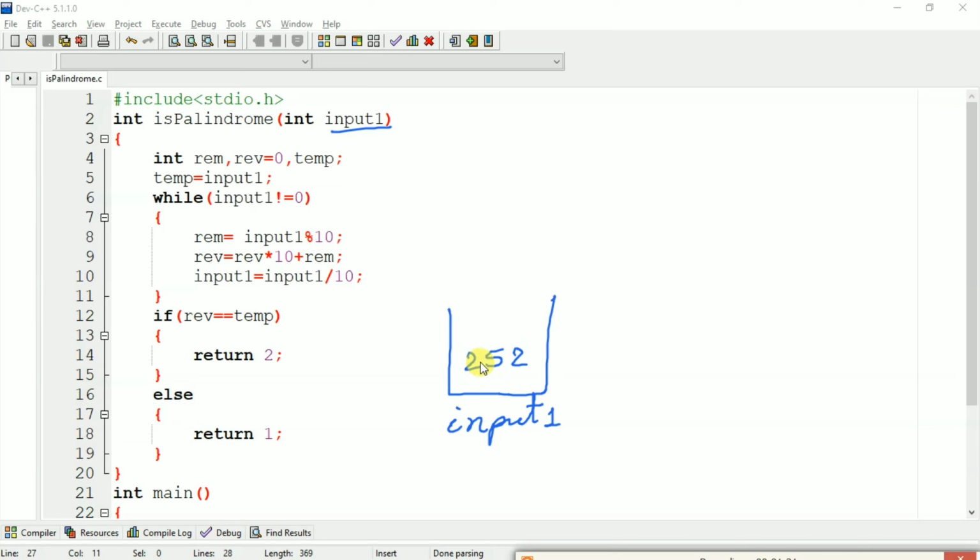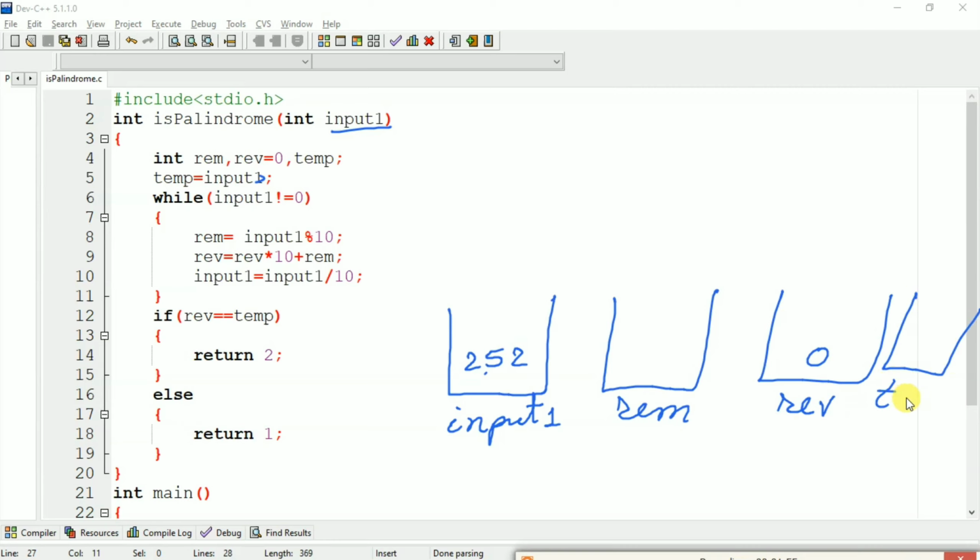So let's check. Here at first we have taken some variables, that is remainder, reverse and temp. We have initialized the reverse variable to 0 and another is temp.